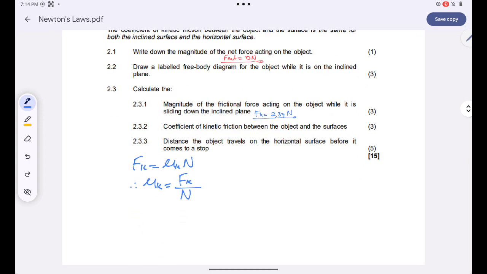So for us to find the value of kinetic friction, we need to take our frictional force, which is 2.39 newtons, divide by our normal force, which is equal to FG perpendicular, that's 19.45 newtons. So 2.39 divided by 19.45. You'll simply get a coefficient of friction of 0.123. Okay, and then now they want us to calculate the distance